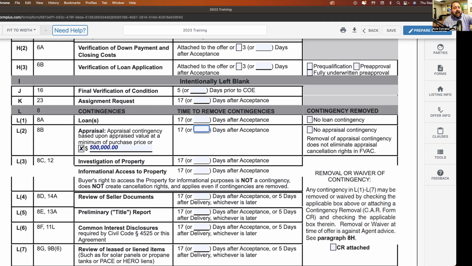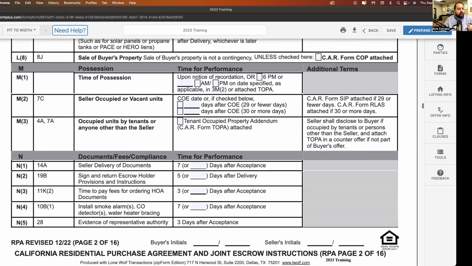Perfect. In this case, list price was 500. I'm paying 560, right? I am offering 560. I can only go $10,000 over appraised value. And so I know I want to ensure that at least that $10,000 mark is hit. I say it has to appraise for 550. As long as it appraises for 550, I'm committed. If it appraises for anything less than 550, then we can negotiate. Do you guys follow?